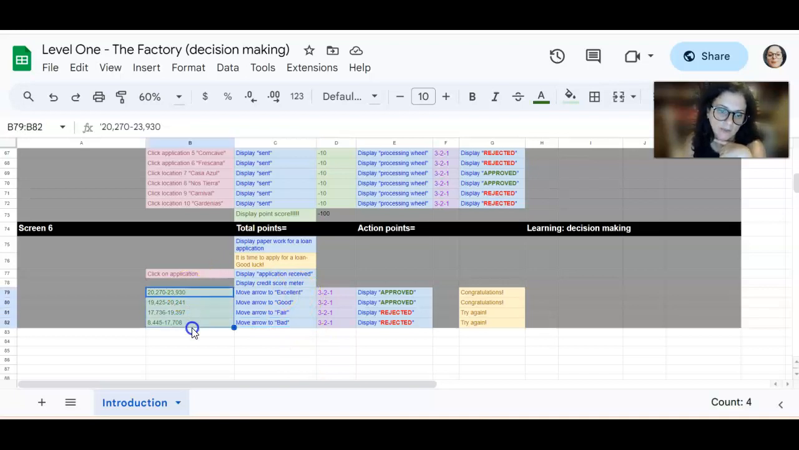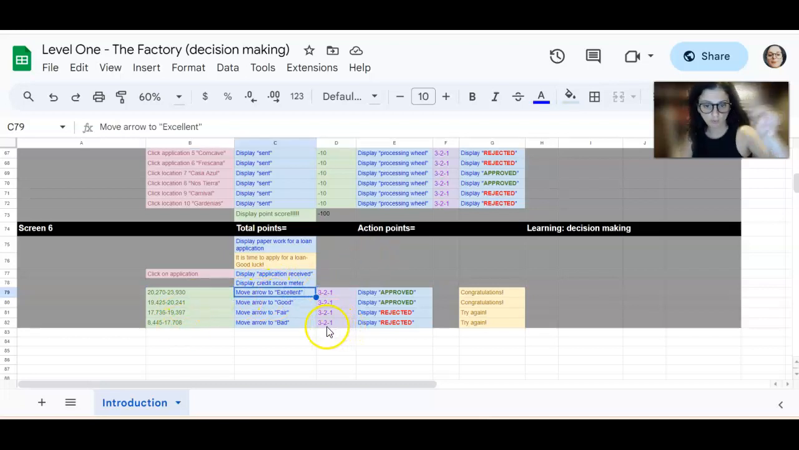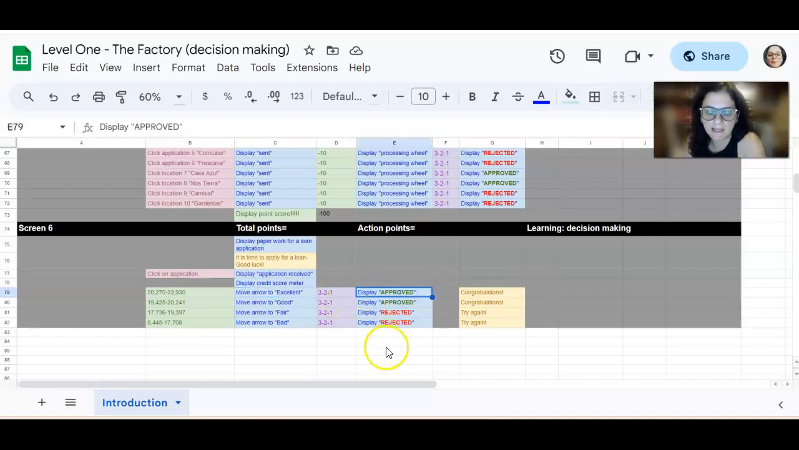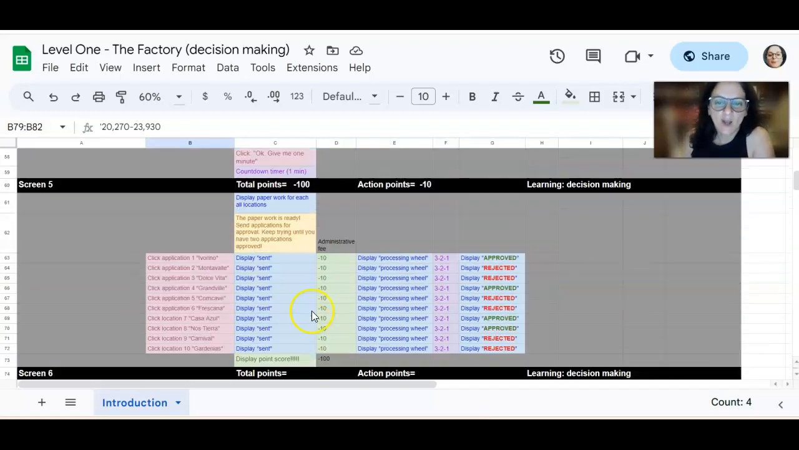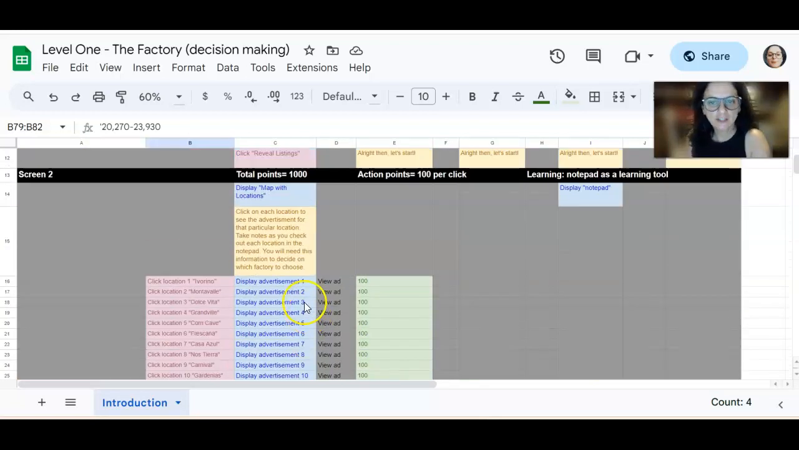So these are the point calculations. This is what we consider excellent, etc. Now for each one, the arrow would move, and then 3, 2, 1, we count, and then display approved. The canary says, congratulations. So here, 4 options, only one will be followed based on the calculations. Okay, so I hope, like I said, I just want something that's complete,